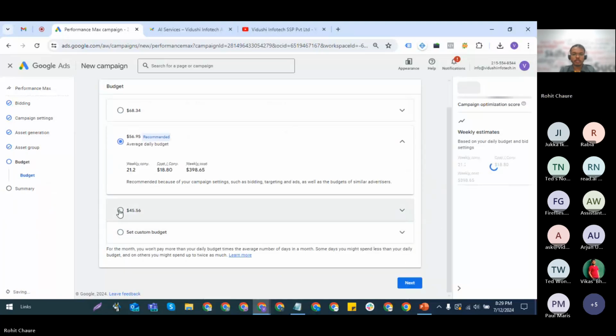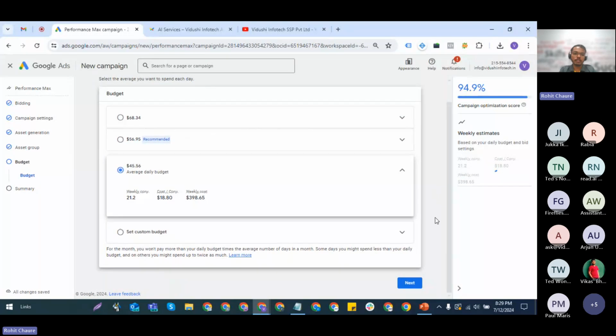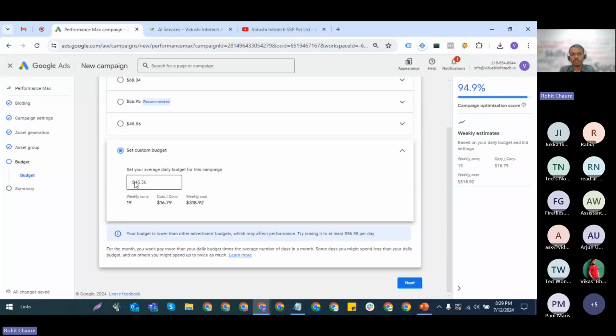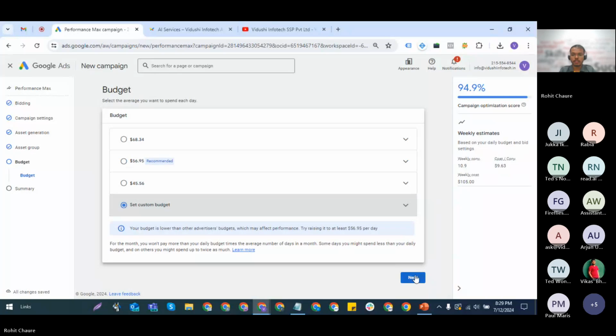Now the budget. It totally depends on you, but I would recommend at least 10 to 15 to $20 per day, so that it would help you gather as much data as possible, and to serve in a better way, and it would help you in getting the conversions from the right users. So in this case, I will take $15 and hit next